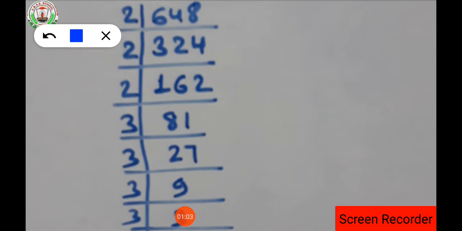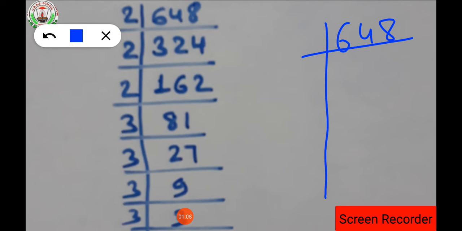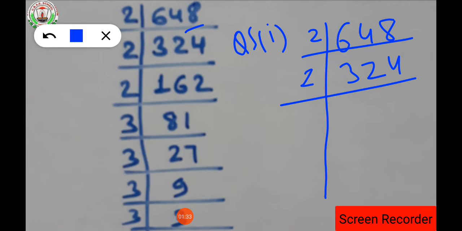What is the one's place value of the number 648? That is an even number, 8, isn't it? So it can be directly divided by 2. Clear? Understood? Now, 6 comes in the table of 2 how many times? 3 times. Then 4 comes in the table of 2 how many times? 2 times. 8 comes in the table of 2 how many times? 4 times. Clear? Then 3 does not come, but smaller than that we can take 2, so 3 minus 2, 1 will be left. So it will become 12.